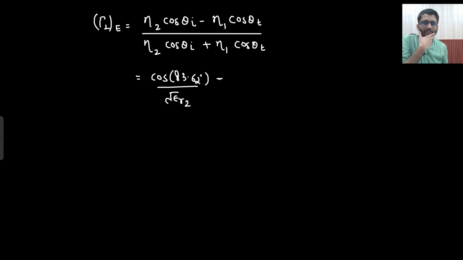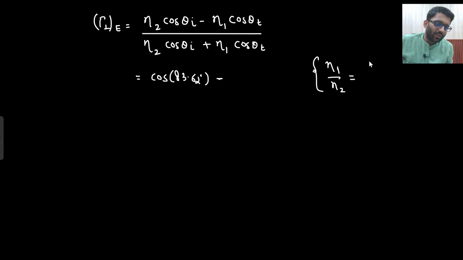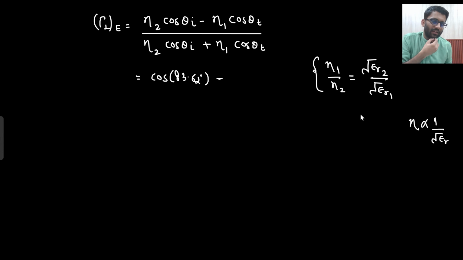Why is that so? Because what I am doing is, or forget about under root epsilon r2, you can again take eta 2 outward. If you again take eta 2 outward, what will you be left with? Eta 1 by eta 2, which will be equal to under root epsilon r2 divided by under root epsilon r1. Why is that so? Because eta is inversely proportional to under root epsilon r, right? So what is under root epsilon r2? Under root 80. Okay, so eta 1 by eta 2 is under root 80